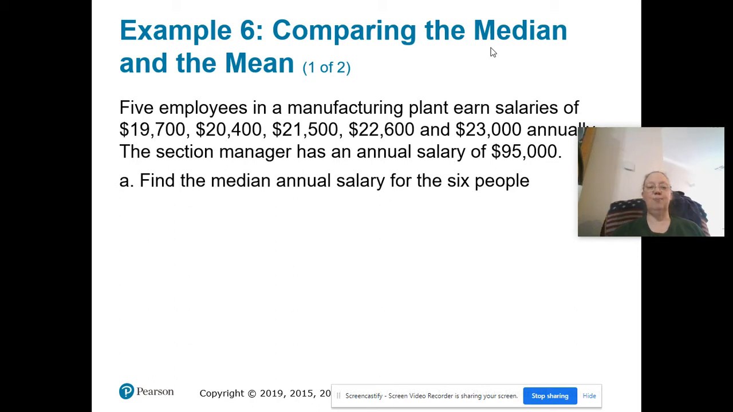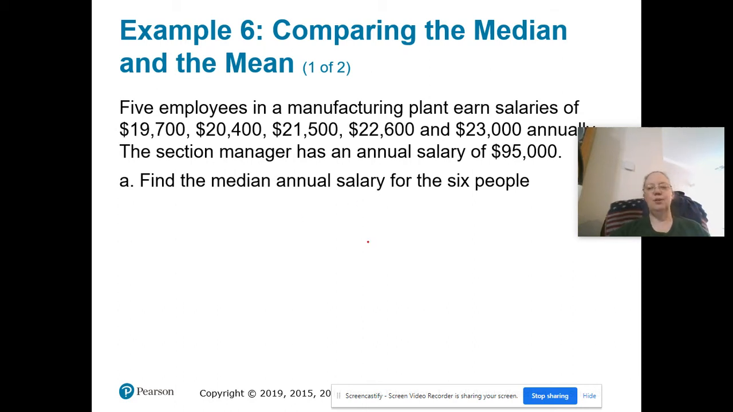If we have 5 people working at a manufacturing plant, they have salaries of $19,000, $20,000, $21,000, $22,000, $23,000, and then we also have a manager who makes $95,000. We've got 6 different people total. If I want to find the median,